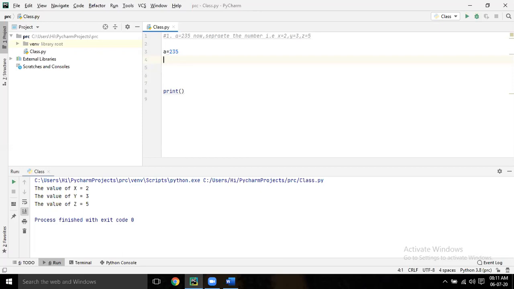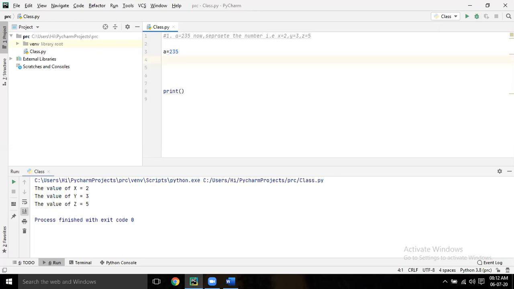Whatever number it may be, if you divide it by 10, what will you get? You will get the quotient as 23 and the remainder as 5. So whatever number it may be, if you divide by 10, the remainder will always be the last digit.